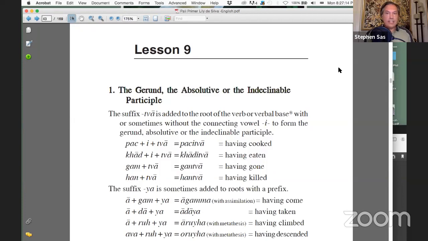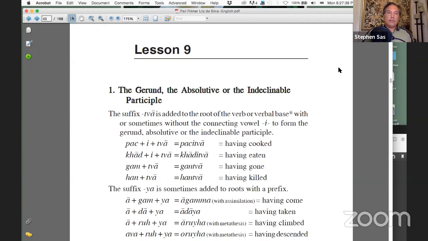But that is not what this is in Pali. And so that's why I try my best to avoid this term, to avoid confusion. It's not because I just don't like it. It's just because it causes a lot of confusion for those who have learned English grammar. And when they hear that word, they think of something very different.